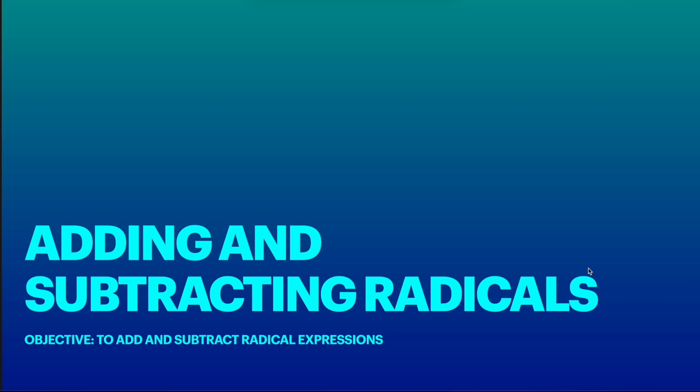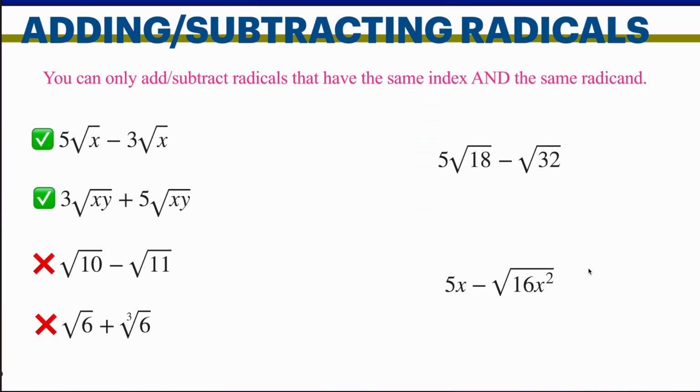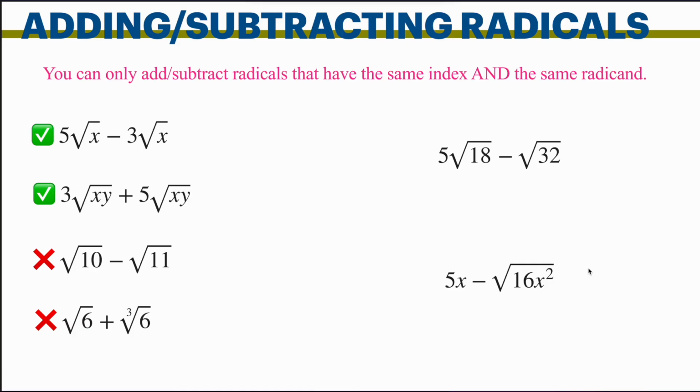Adding and subtracting radicals. So to begin, to add and subtract radicals, you need to know when you can and when you cannot actually add and subtract them. You can only do this when they have the same index and the same radicand, meaning